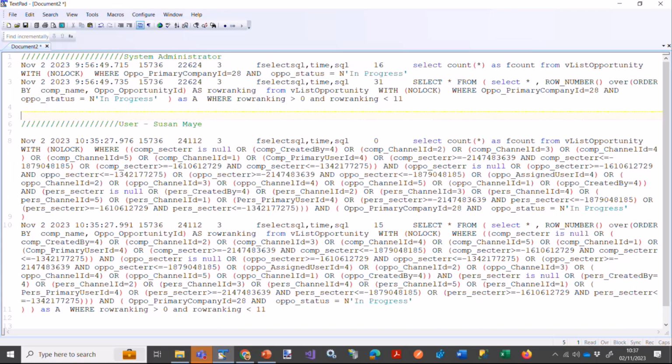But here you can see that both of those views have been changed with additional information being added into the where clause. And this happens to be the example of where security policies are being applied in the form of generated SQL predicates. These are additional statements with different clauses within the where clause to restrict the rows that are returned and are visible to Susan May. Now, we'll talk about that in a little bit, but that just raises this question that Sage CRM